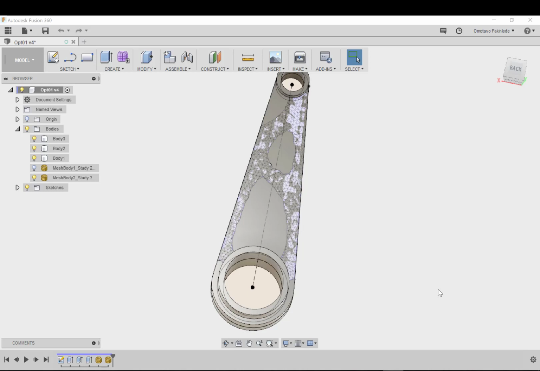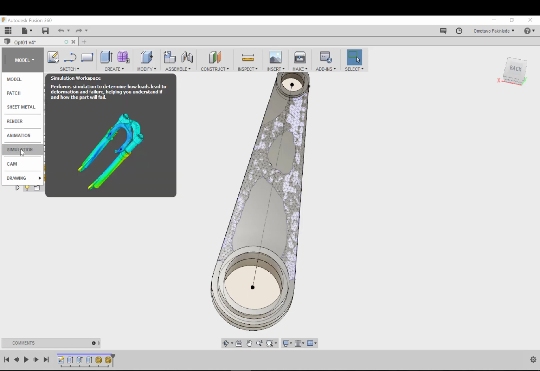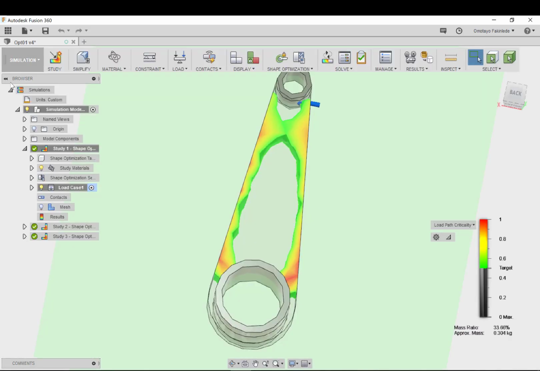Shape optimization is one of the tools you are presented with upon getting to the simulation environment. To get there, you go to the simulation icon that you can bring under the drop down under the model. If you go to model and click there, you see the simulation environment is here, and you choose that.